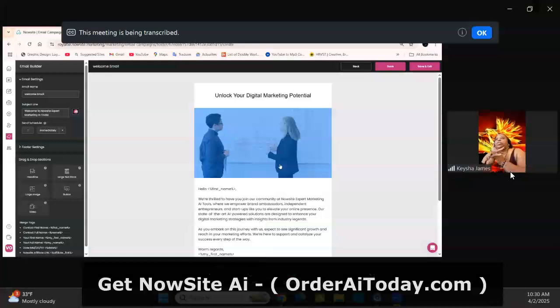Another thing people need to know when they're first starting to send out email campaigns: if it's a brand new email account, you want to first send emails to yourself and some other people you know to warm up that email. Otherwise, Google will block you as a spam account.